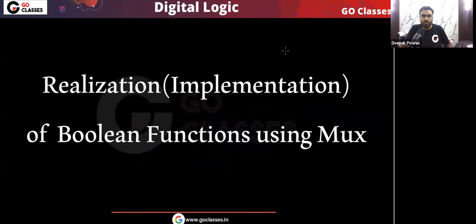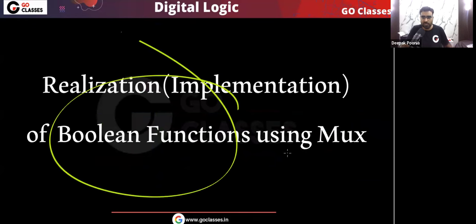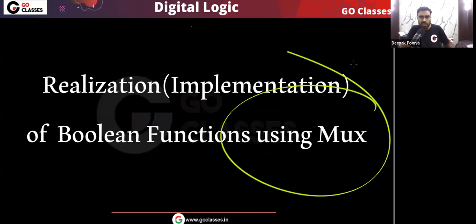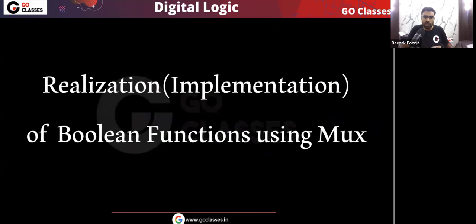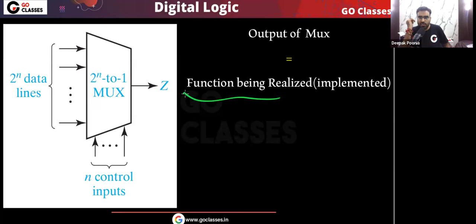Let's study the next topic, that is realization or implementation of a boolean function using multiplexer. Using multiplexer, can we implement or realize a boolean function? The output of the multiplexer is the same as the function being realized or implemented. Means if you want to implement any function, then remember that function will be equal to the output of the